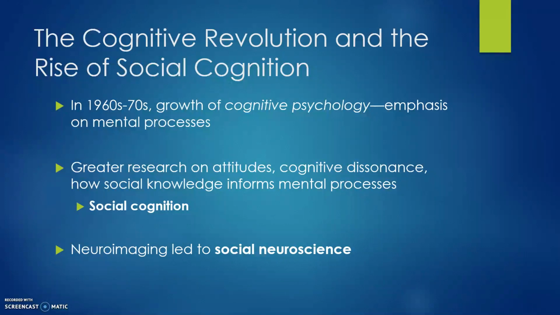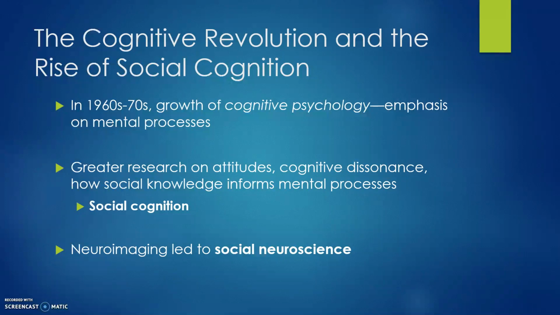And so, especially beginning in the 1960s and the 1970s, we start to see the growth of cognitive psychology with a special emphasis on mental processes like attention, memory, decision making, problem solving, etc. A part of this was an outgrowth of World War II and the rise of designing things that people could use more effectively, such as piloting planes better. It's also due to the rise of computer technology, and with it, the idea that the human mind could potentially function just like a computer could. And so we see cognitive psychology begin to develop as its own subfield.